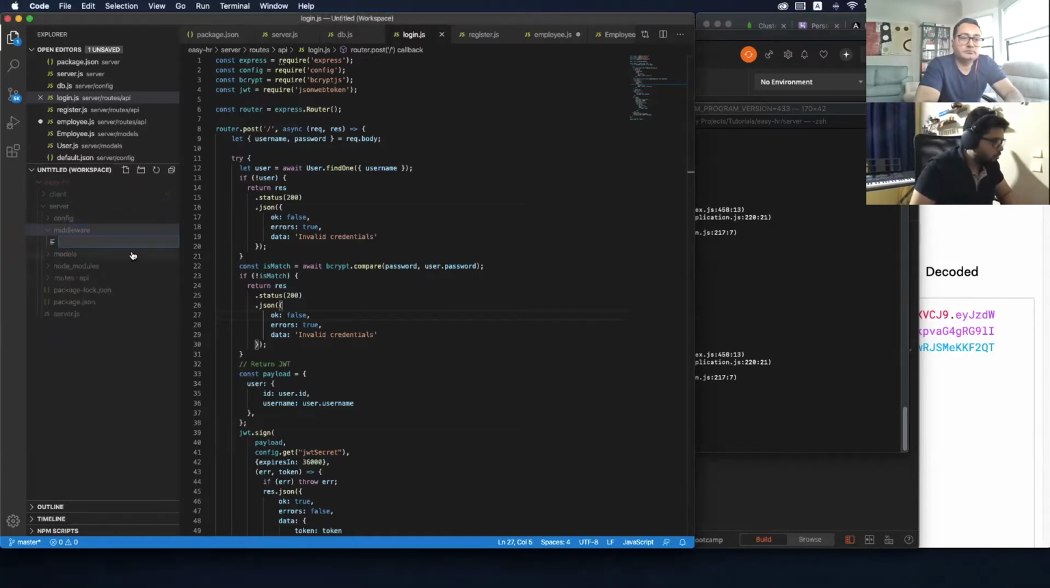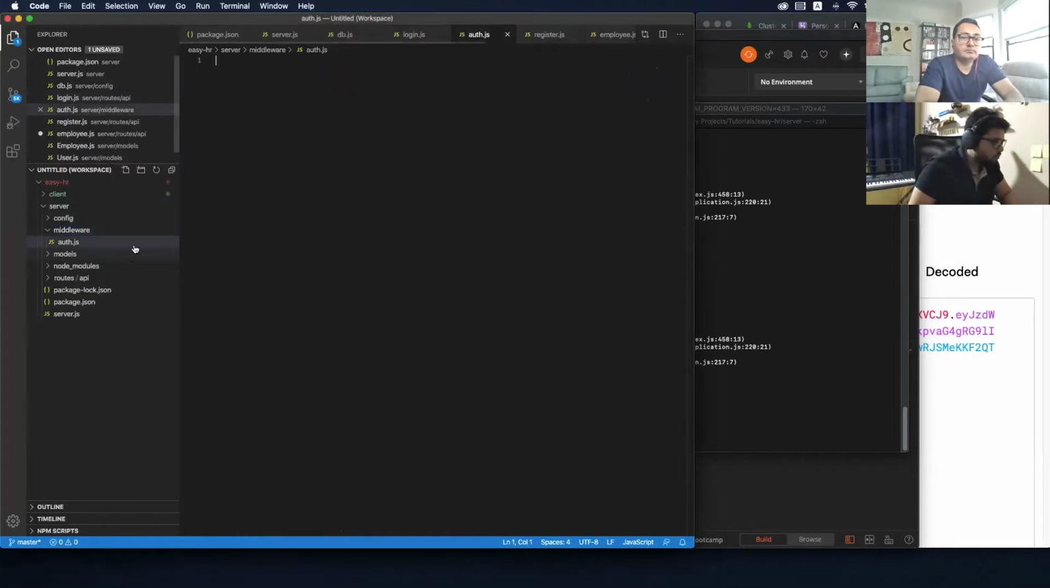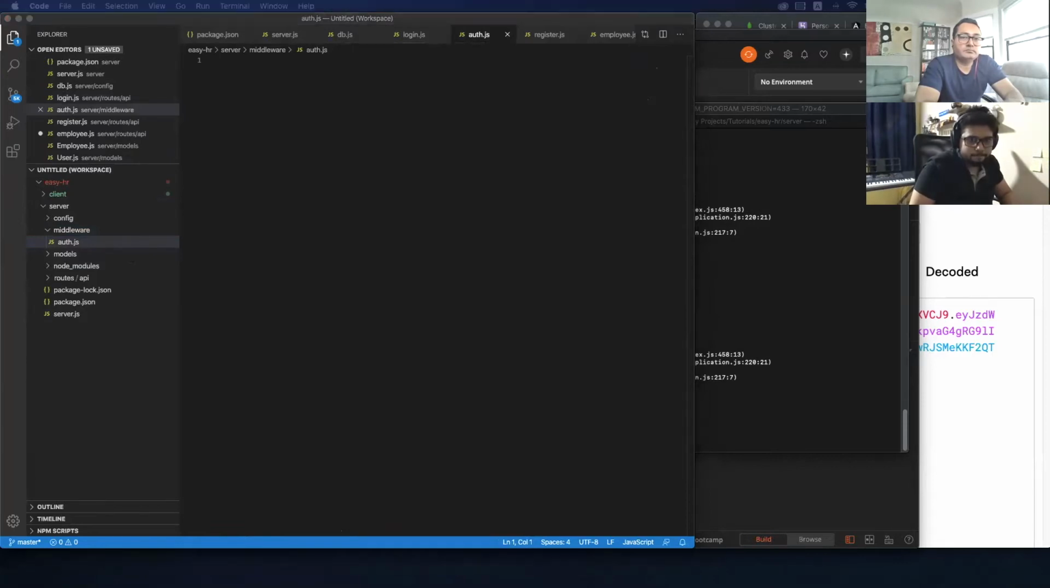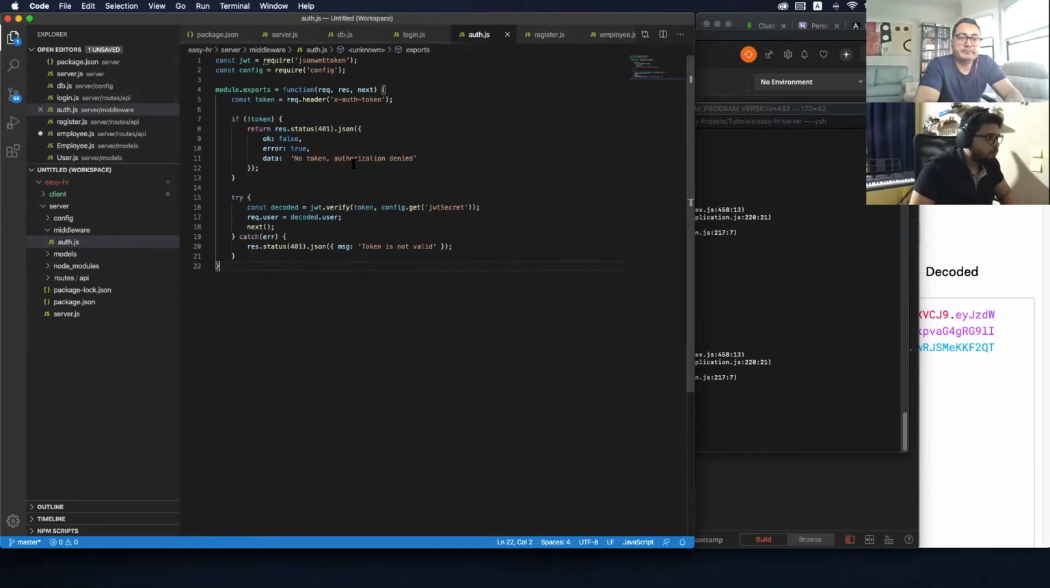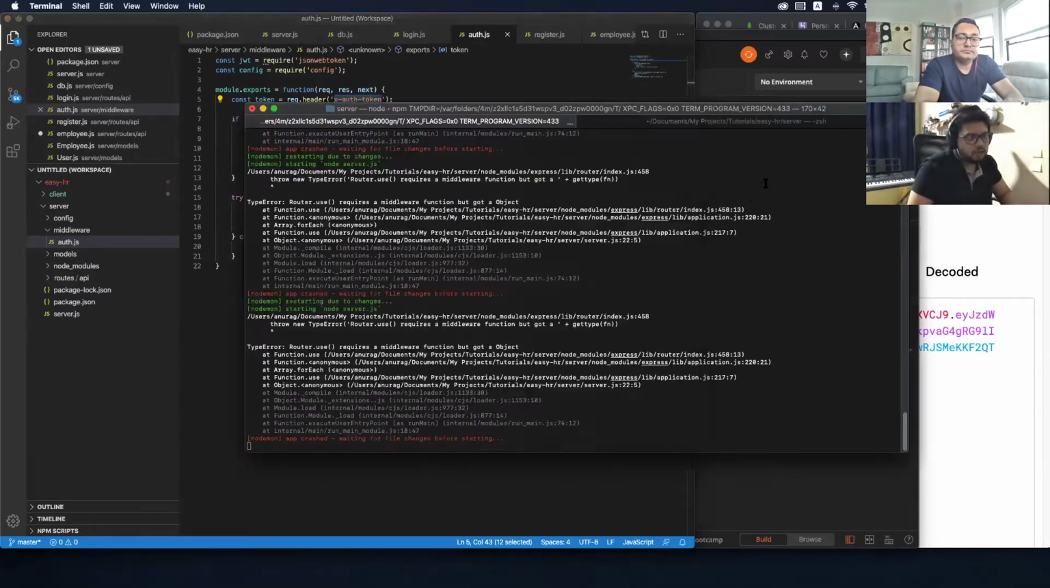My file name is auth.js. In here, this is the header name at which we would be sending the token. So it will simply check whether the token is valid or not. If it is not valid, it will return to the user that the token is not valid, or if no token is there, it says no token and hence authorization denied for the dashboard part. And then